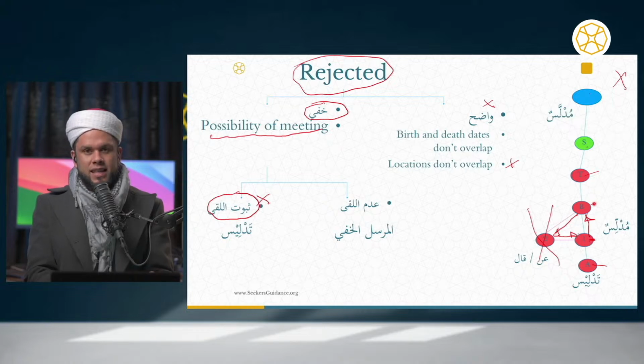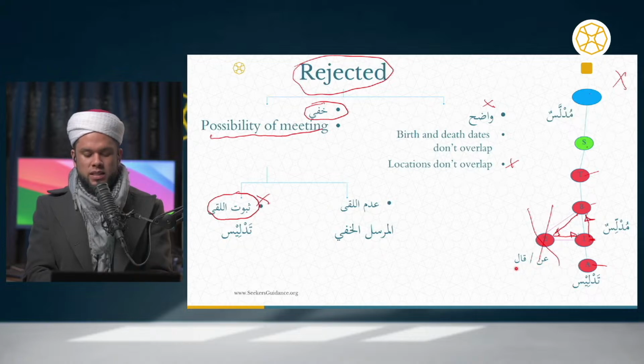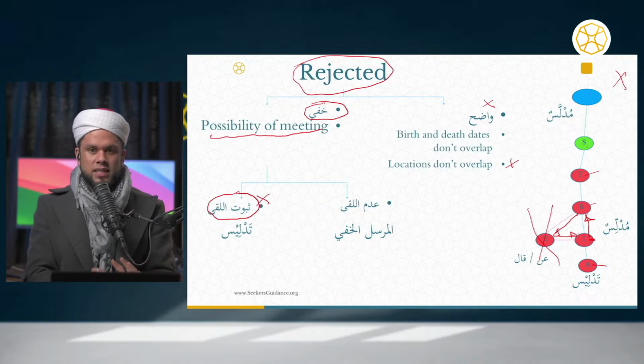But what if he doesn't say that? What if he doesn't say sami'tu, right? Or akhbarana, or haddathana. Instead, he uses some elusive language, like he says an from scholar B, or he says qala, that scholar B said, transmitter B said. Now, because the scholars are so precise about established connections,